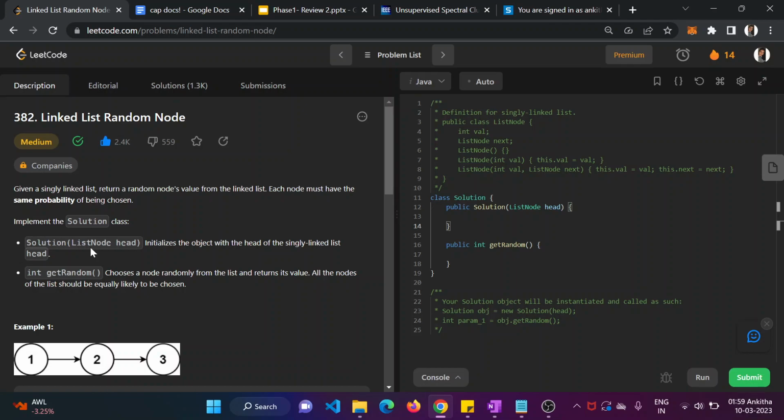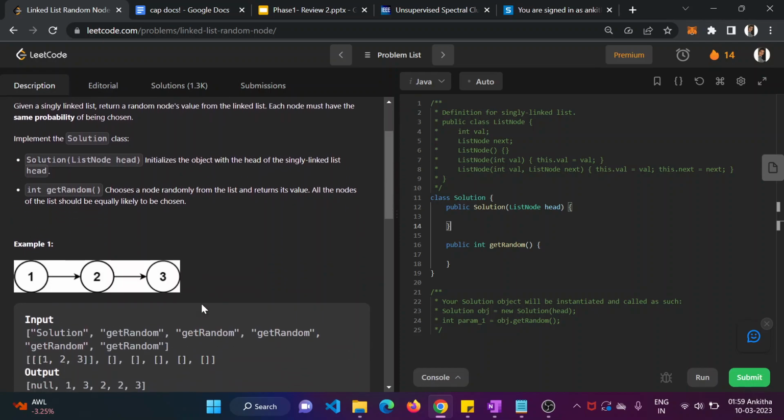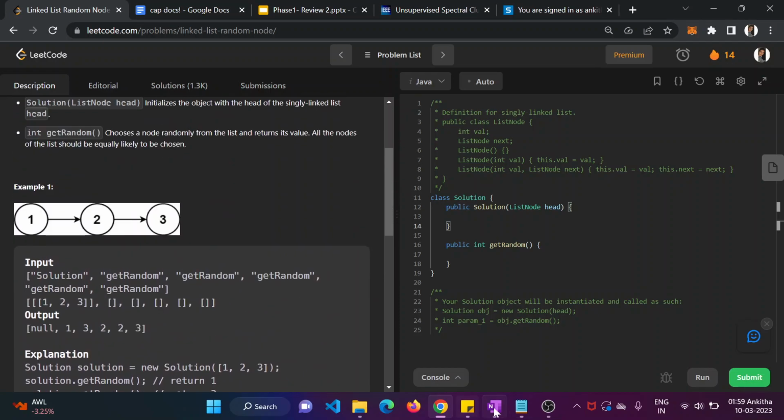We have been given a solution constructor containing a node head pointing to the head of the linked list. It initializes the object with the head of the single linked list. Then there is another function called int getRandom that chooses a node randomly from the list and returns its value. All the nodes of the list should be equally likely to be chosen. So the given problem is,